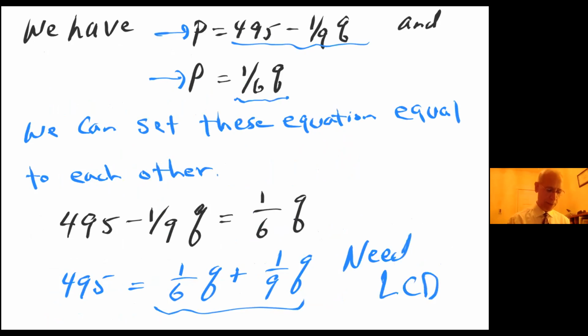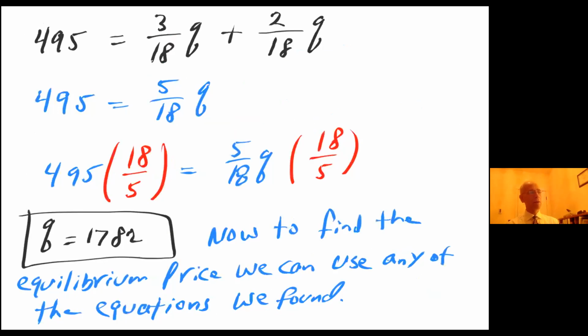So I have to multiply the top and bottom of this fraction by 3, and this fraction by 2. Now I have 495 equals 3/18 Q plus 2/18 Q. Adding them together, I have 495 equals